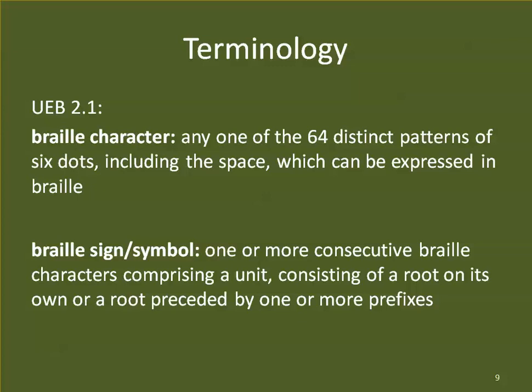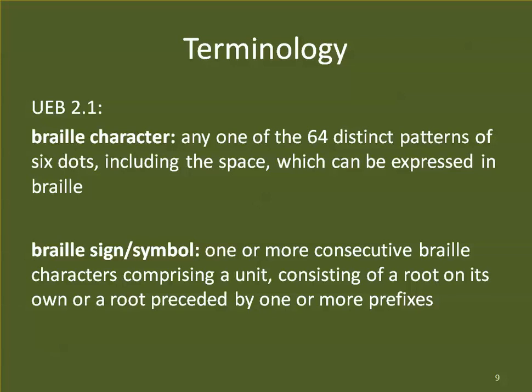So, Section 2.1 of the UEB Codebook is where all this terminology is from. The first one I'm going to talk about is a Braille character. A Braille character is any one of the 64 distinct patterns of 6 dots, anything that those 6 dots can produce in one cell, including the space. Then a Braille sign, or interchangeably a Braille symbol, is any one of those cells. It might be 1 cell, 2 cells, 3 cells, but the whole thing means something in Braille. For instance, a percent sign has 2 cells, so it has 2 Braille characters, but together they make a Braille